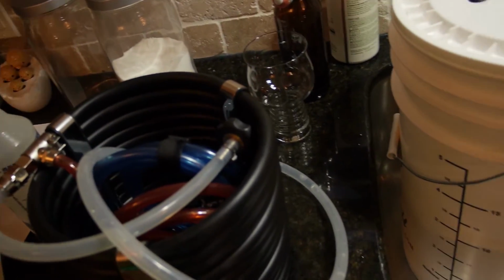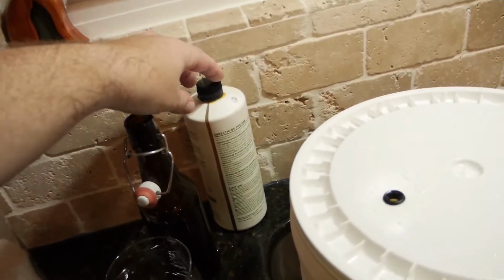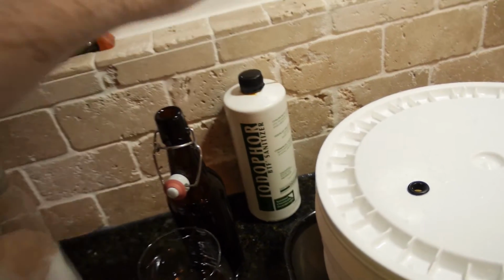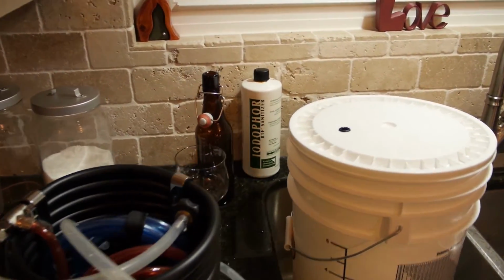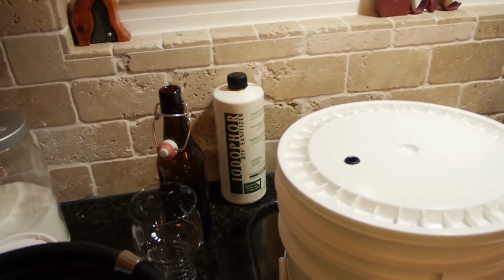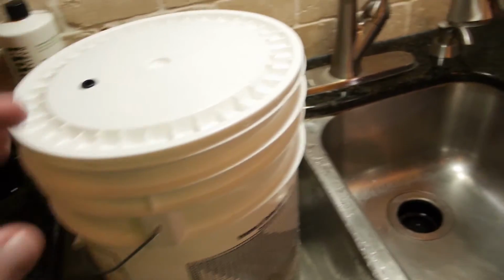Empty beer glass. I'm done drinking beer for the evening. Empty beer bottle. And this iodophor has lasted me forever. I bought this stuff like a couple years ago, and man, it's very cheap. It's like 15 bucks for that big bottle. Man, it's just lasted me forever. So, anyways,